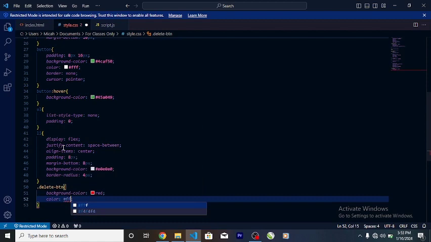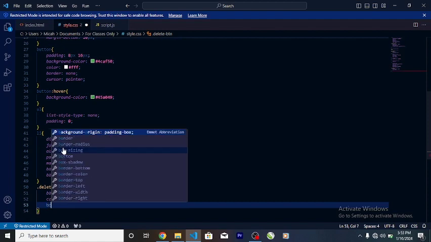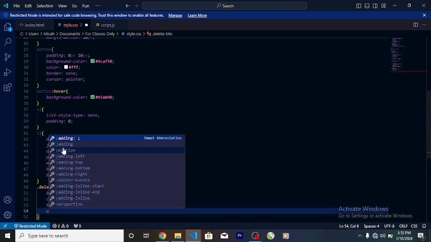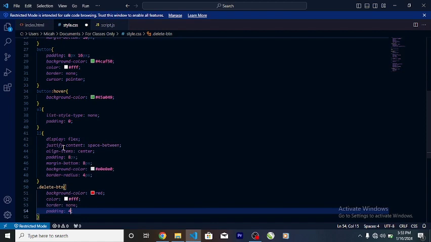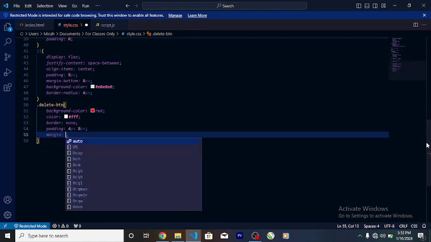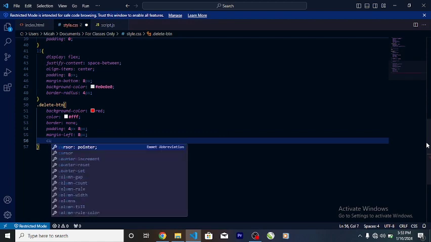will be FFF, and the border will be none, and padding will be 4 pixels, 8 pixels, and the margin-left will be 8 pixels, and the cursor will be pointer,